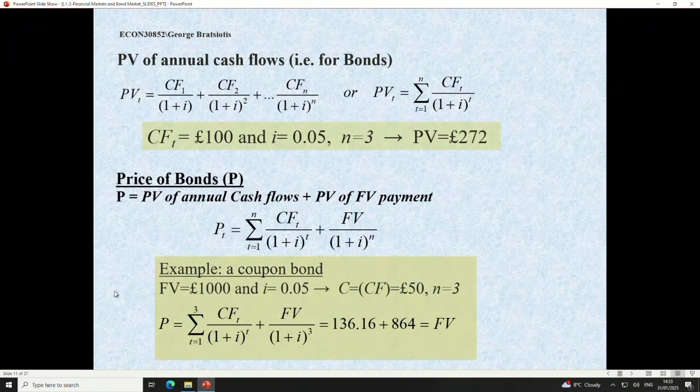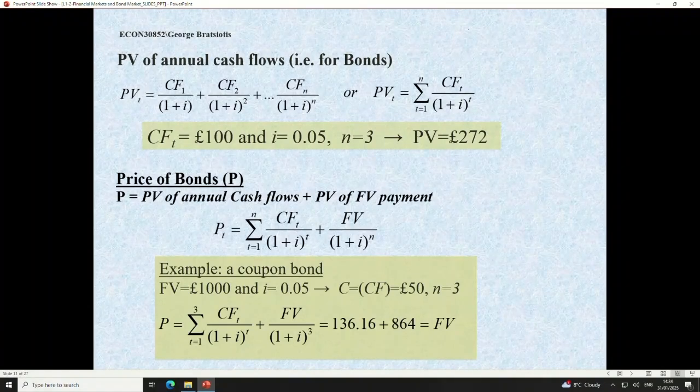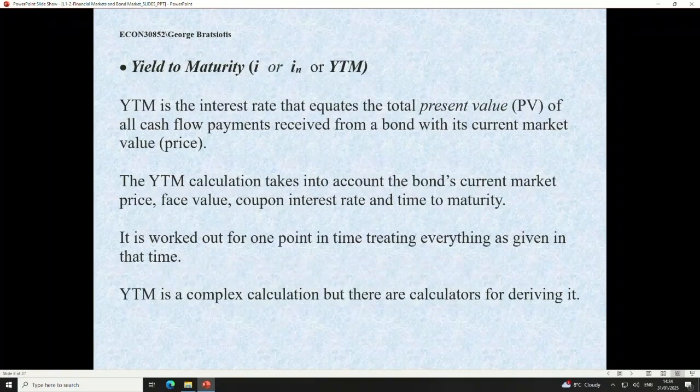But once I solve for this I here, you will find that the price will come in the denominator. That unique I, there will be only one I, right? Because there's discounts here, different powers. You understand that? But once, I repeat, I solve for that unique I, that will be the yield to maturity. It's not easy to do by hand for the reasons I explained. But remember this, and now you can go back to the yield to maturity, and I think that will make much more sense now.